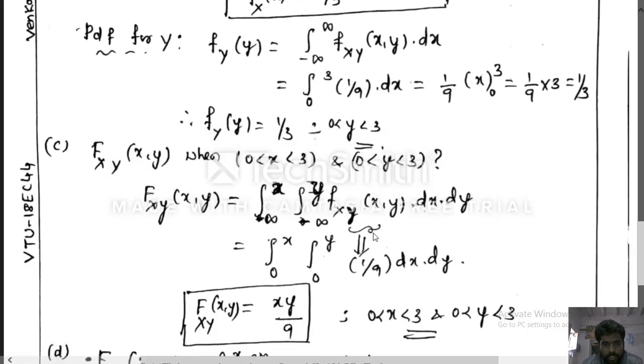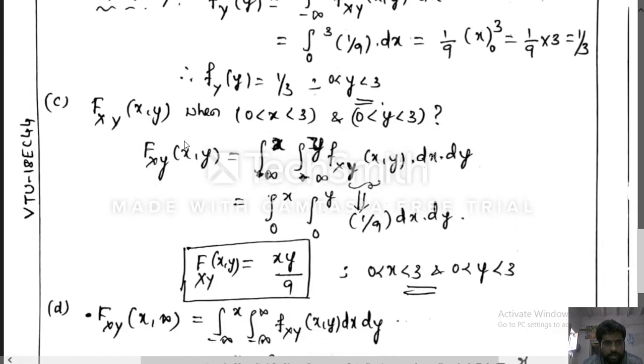The next unknown parameter is the CDF of the given joint PDF. They asked you to evaluate F_XY of x comma y between the limits of x 0 to 3 and between the limits of y 0 to 3. So we know the general equation of CDF in terms of joint PDF as F_XY of x comma y equal to the integral from minus infinity to x, integral from minus infinity to y, of the joint PDF. Now the given CDF